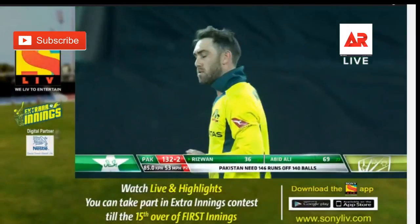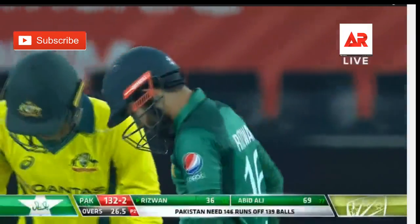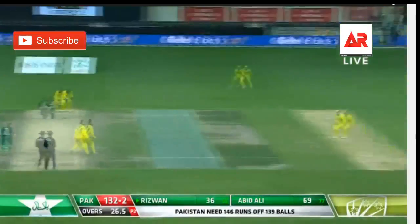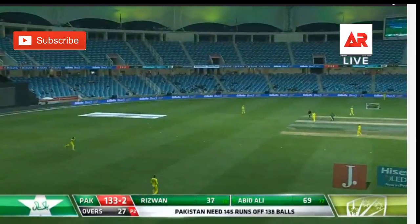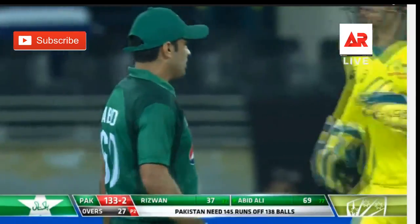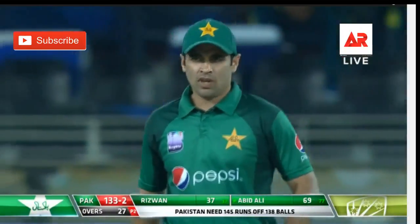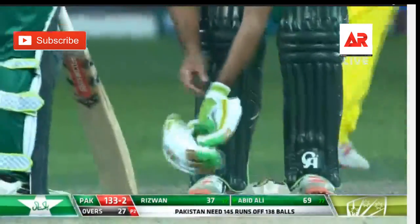That's extremely well bowled, but because he followed the batsman, he wanted a little bit of room to go over the infield through the offside. Wasn't allowed anything by Maxwell. Two is the call. Abid Ali, does he have the strength to make it for the second? Only a single. 133 for 2. It is such an advantage having one of your batsmen who can give you